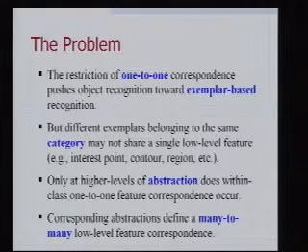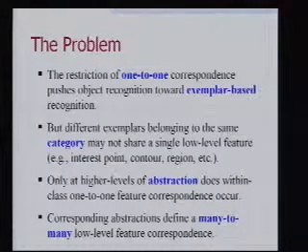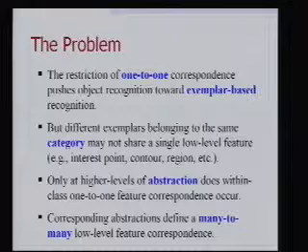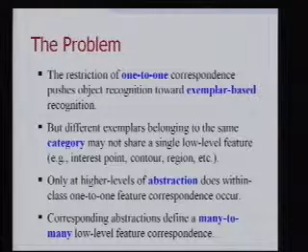The problem is this restriction of one-to-one correspondence between features really makes your recognition more exemplar-based. Your model is really more or less a template of the image structure, albeit a flexible one, but still somewhat of a template nature. However, as I showed you in the first slide with these statues, different exemplars belonging to the same category may not have a single local feature in common, not a single local feature. Only at higher levels of abstraction, once you group and abstract these features for the two types of statues I showed you, only then do you start to see one-to-one correspondence emerge. And you may still not see it there.